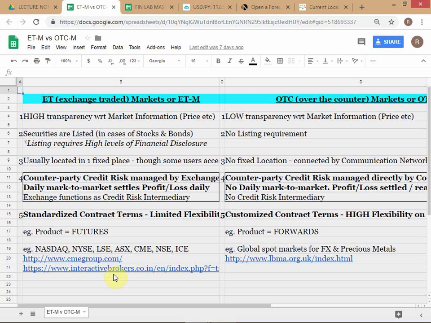For the grocer, the counterparty credit risk is the amount of goods that he lets you buy without any payment. Every grocer will have this kind of limit. He might say that once the bill goes up to 5,000, please settle the bill, or once it goes up to 10,000, please settle the bill. That's basically the limit of his counterparty credit risk.